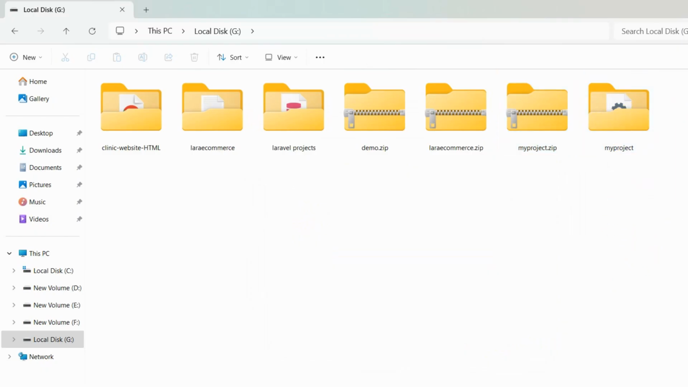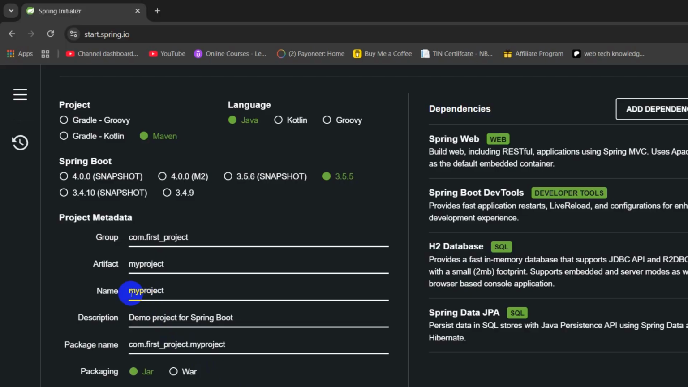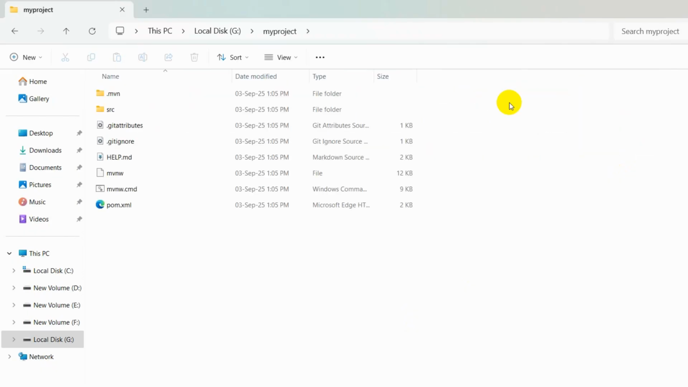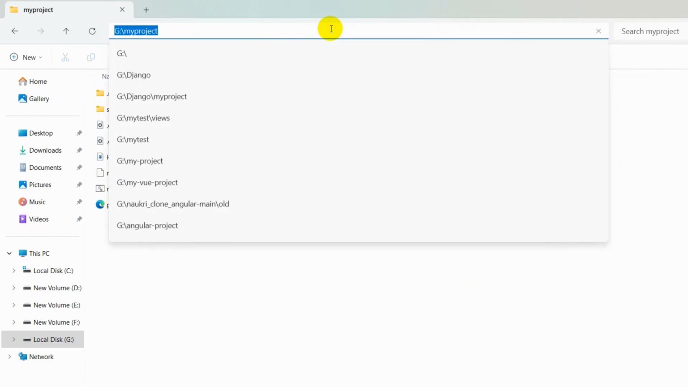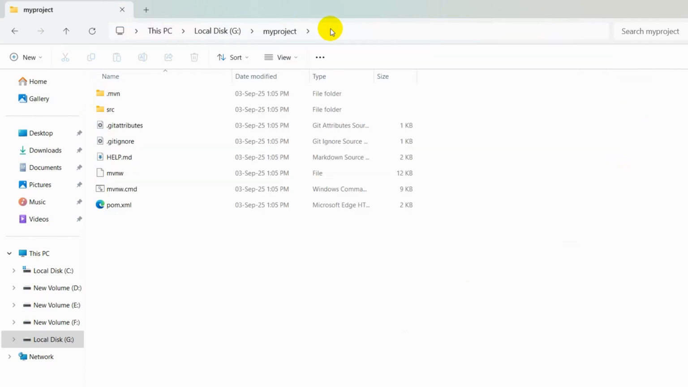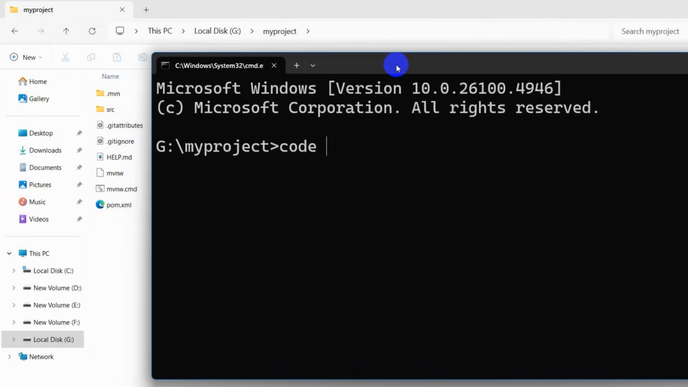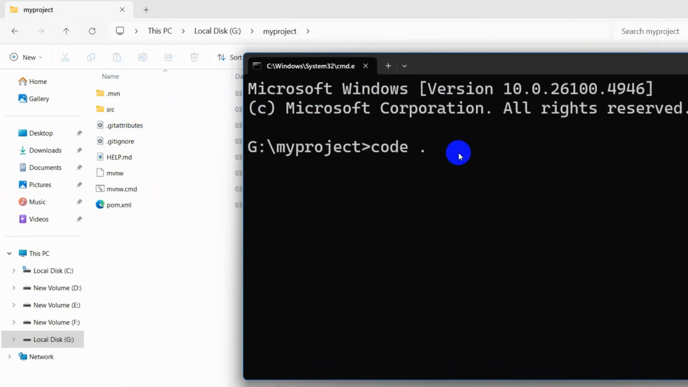The folder name is myproject because this is the project name. Let's go inside, and here you can see the Spring Boot project structure. Let's open this using Visual Studio Code. For that, at the top, I'm going to write CMD, then press enter. And here, if we just say code space dot and press enter, this project will open in Visual Studio Code. So let's just press enter,